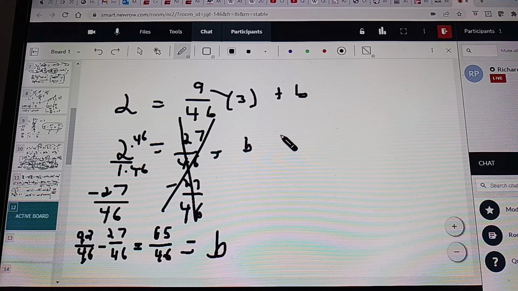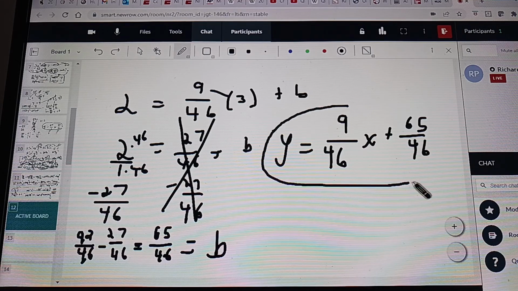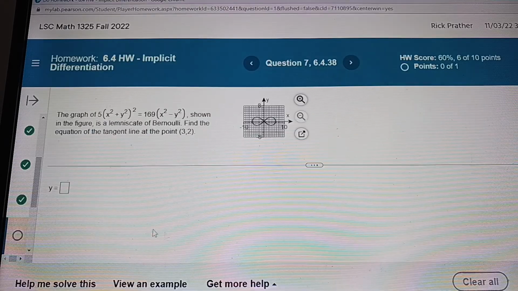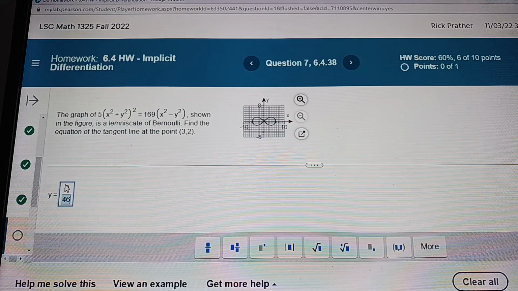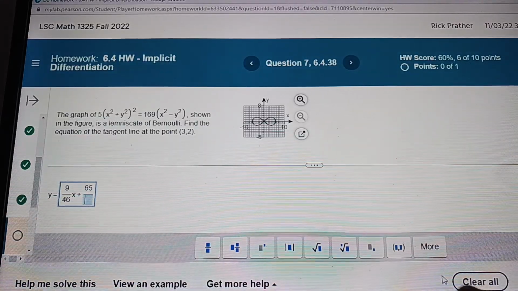So the apparent answer is y equals 9 over 46x plus 65 over 46. Remember I said the slope should be positive, but this is saying it's pretty close to horizontal, almost. That's close to 0. 9 over 46x plus 65 over 46, which is a little more than 1. So this is definitely a possible answer based on what I was looking at in the picture. I don't know that I did this right, but